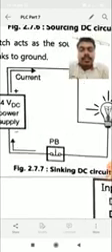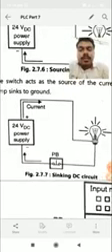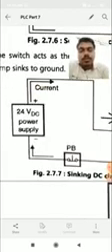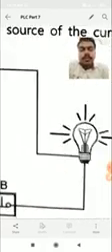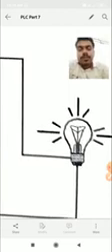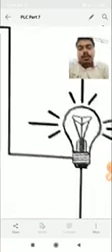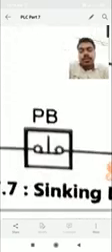Next is the sinking DC circuit. The DC supply is taken and it is directly connected to the lamp, and then it is connected to the push button. So firstly the current is traveling from which part? The lamp, and then it is passing to the push button. Then which will be the source? The source will be the lamp and the push button will be the sink. Means current is actually traveling from this first, so it acts as a source. The lamp is providing supply current to the push button. So the push button acts as a sinking DC source.